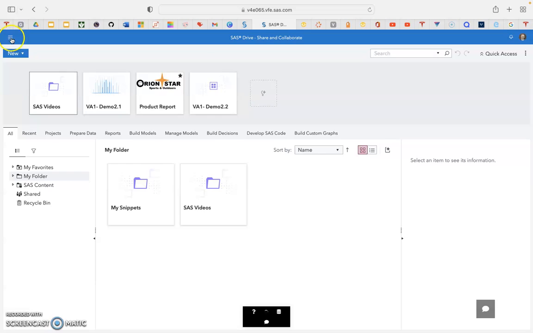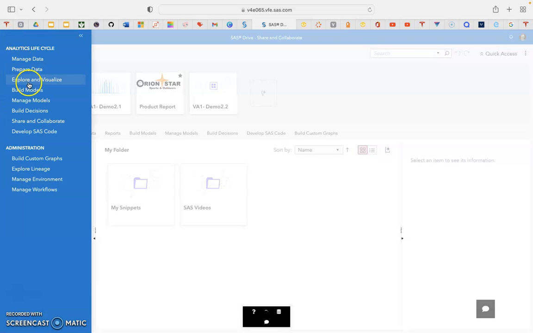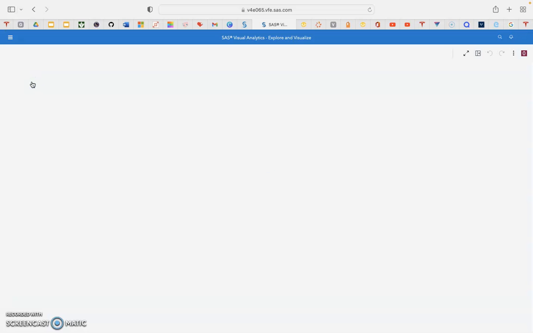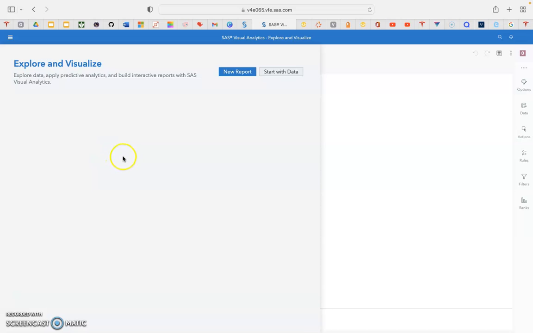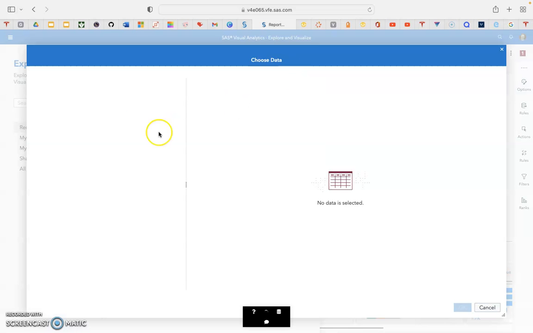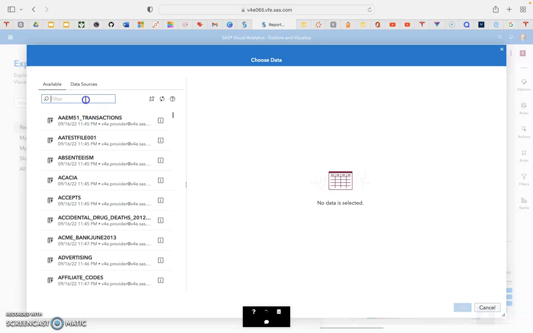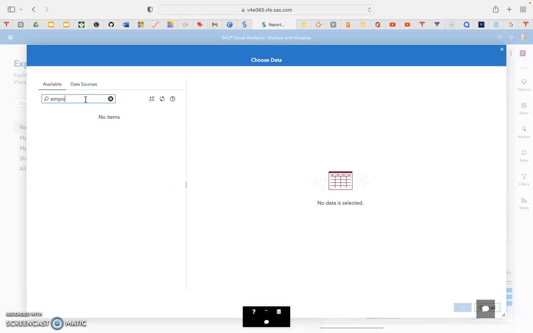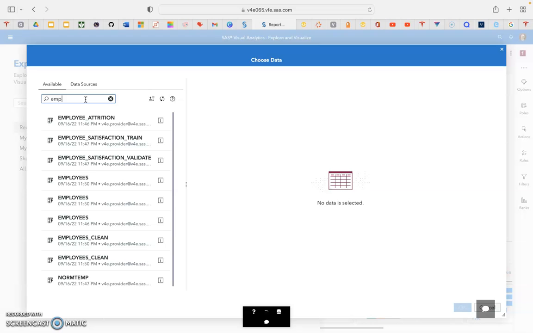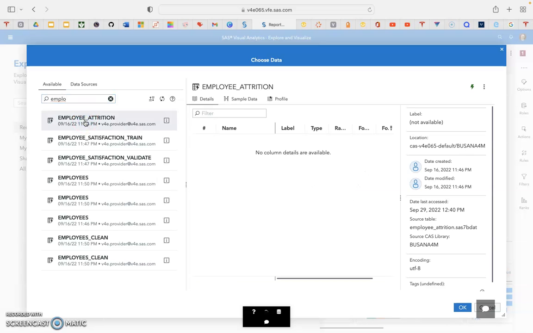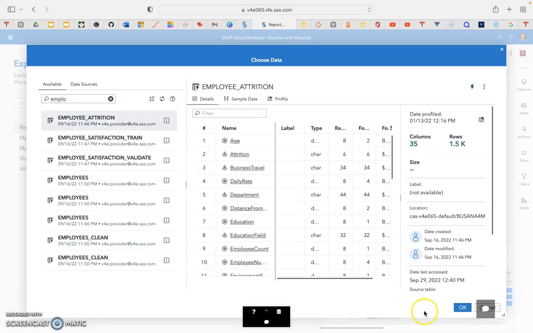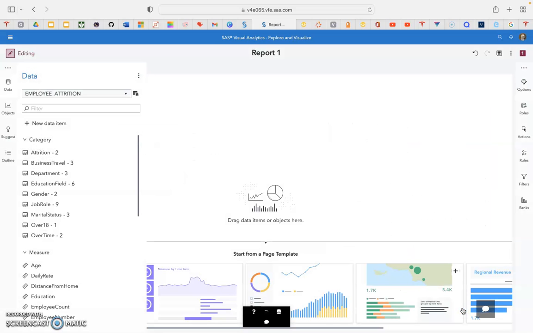So to start off with, we're going to go up here to our tabs on the left, and we're going to click on Explore and Visualize so that we can pull in our employee attrition data set. So we're going to click on Start with Data, come over here to our filter, start typing in employee, and there we go, employee attrition. Then we're going to click the OK button down here in the bottom right hand corner, and it will pull